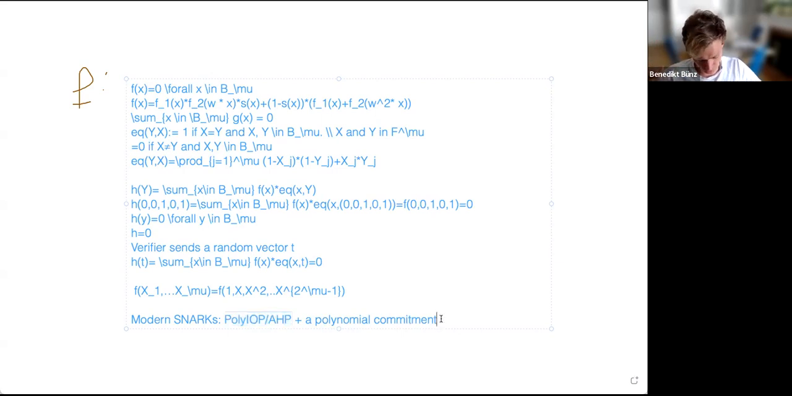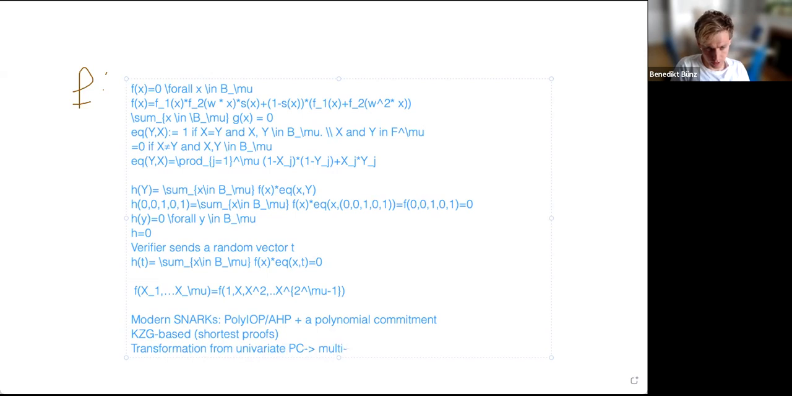So KZG is one option, or KZG-based, which basically gives you the shortest possible proof size. But we actually give two more constructions in the paper for polynomial commitment schemes. So we give a Fry-based one, we give a transformation from univariate PC to multi-linear PC, and basically use this to create a Fry-based